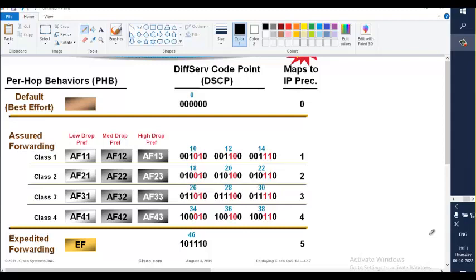So what we see here is DSCP values. With this value, we mark traffic and we say how much we prefer the traffic. But what is the meaning of this value? Say, for example, what does it mean